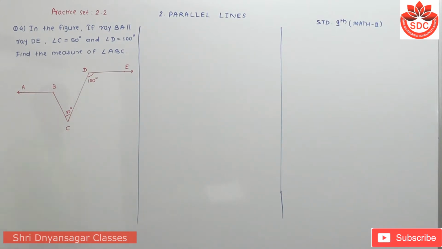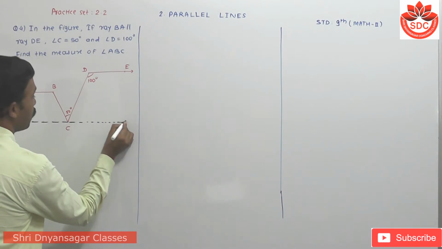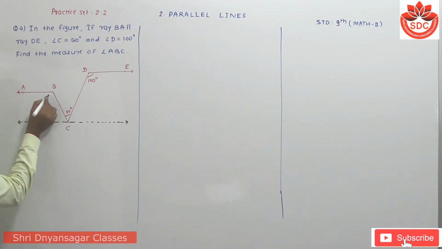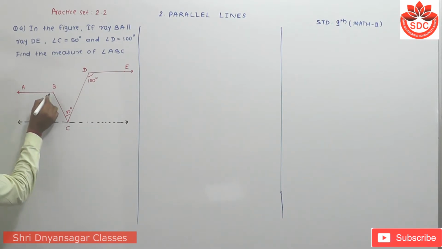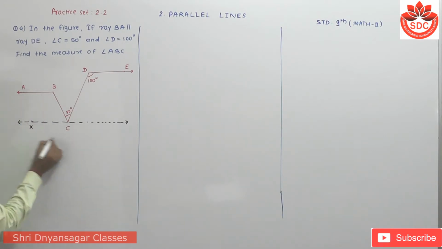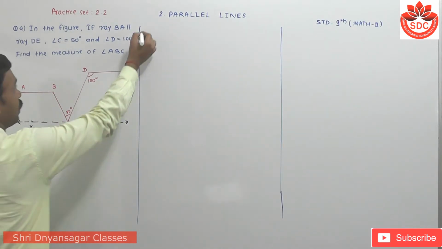For this, students, we draw one line parallel through point C. Suppose that this line passing through point C is parallel to the line AB, line BA, or that is ray BA. Suppose that this line is XY. Now its solution is,